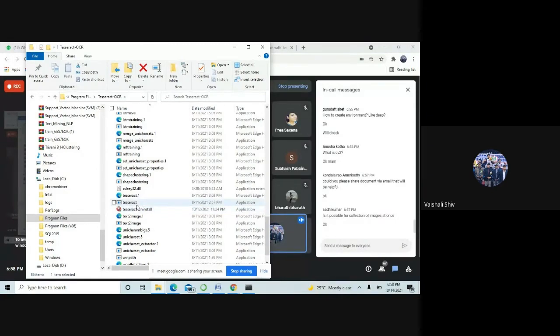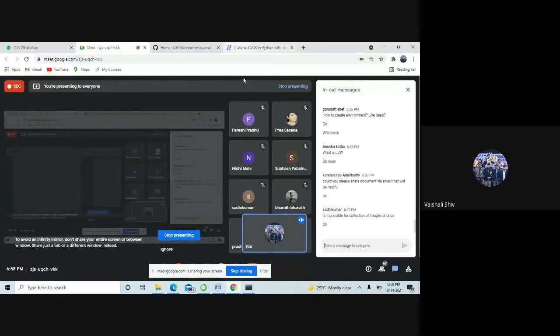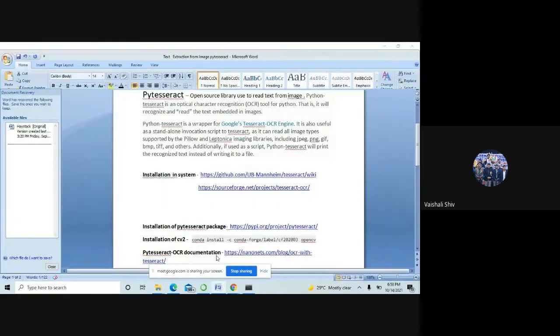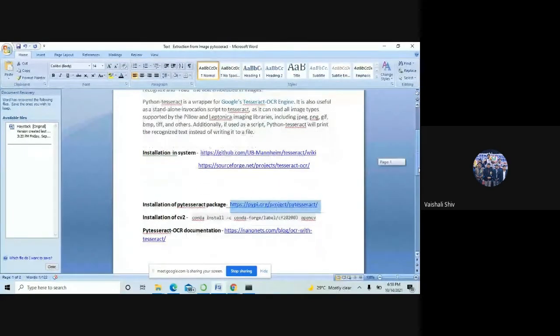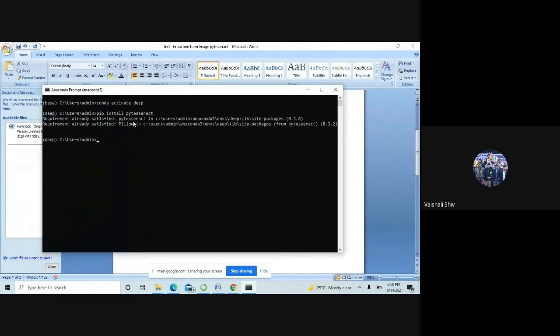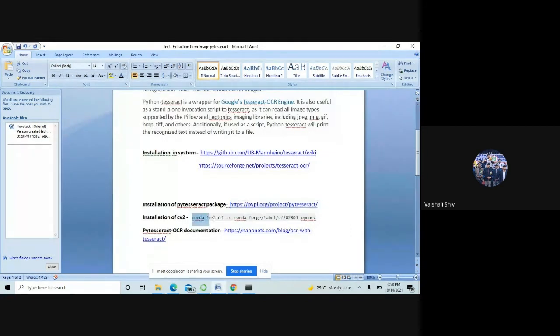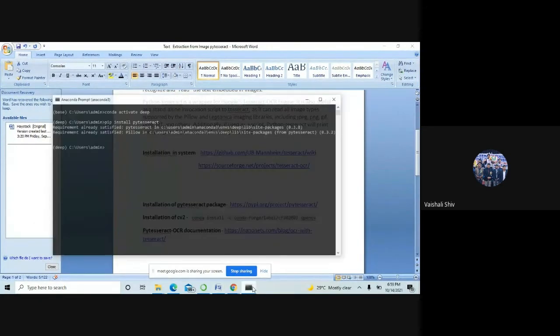Clear everyone? Now, one more thing. Once you have installed the PyTesseract package, pip install PyTesseract, which we have done in Anaconda, you have to install computer vision also.